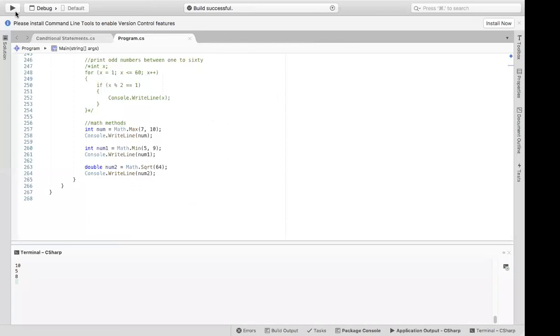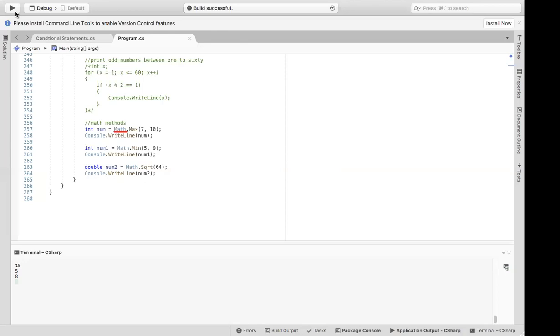Okay, 8 is the output. Now let me explain one more thing. We are writing Math.sqrt, Math.min, Math.max. So what is Math? Math is a class. We are accessing this class. This is a built-in class, already existing in the compiler.